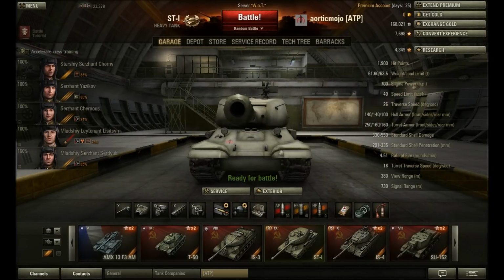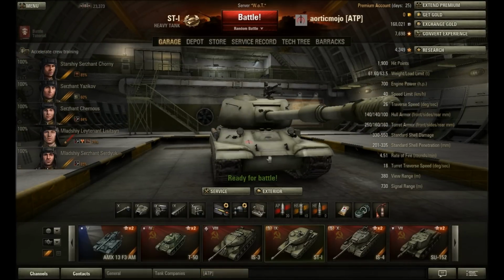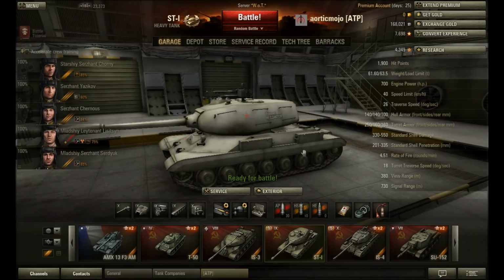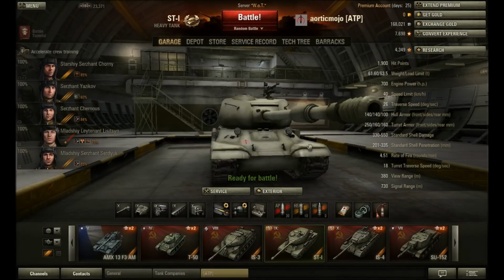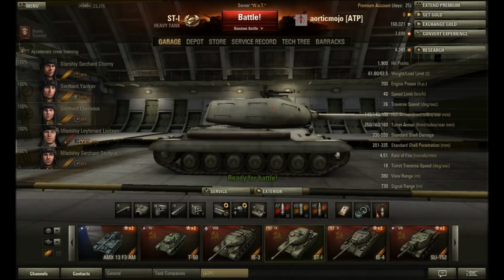Let's see. Now, we went over the turret, we went over some of the weaknesses. Oh yeah, I forgot. Let's go over the hull armor real quick and the sides armor. 140 millimeters front and sides, 100 rear. The best way to play this tank in city maps, this tank is a god at either side scraping or